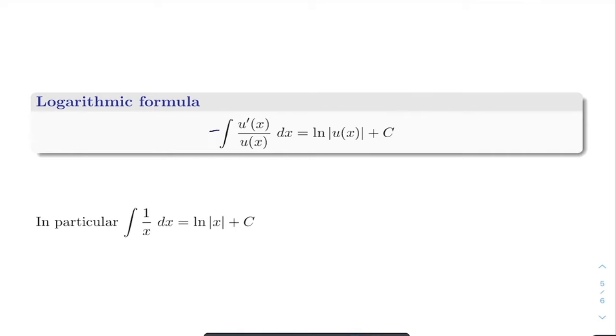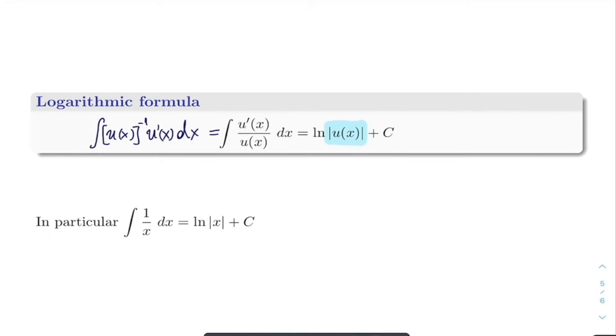So notice that this is the same as u of x to the -1 times the derivative of u. So this is covering the case where n is equal to -1 of the power formula. So what do we do in this case? Well, the result of this integral will be the logarithm of the absolute value of u. So maybe let's highlight this absolute value part,